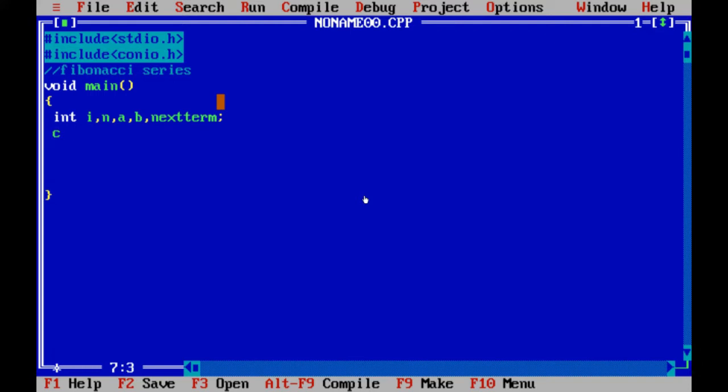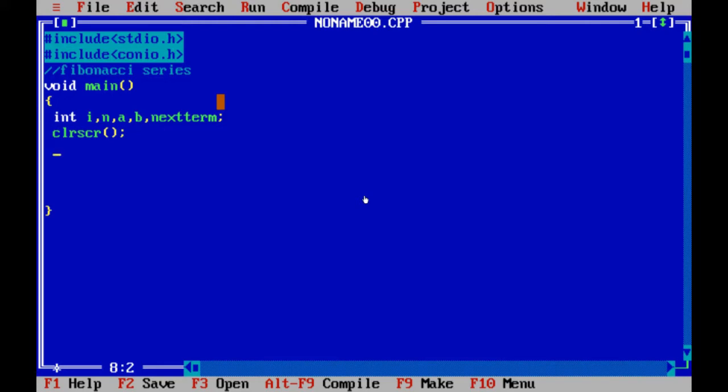Now what we are going to write is clrscr. This stands for clear screen, and it will clear all the previous output on our output screen from the program that had been run previously on the compiler. So it will give you a fresh and clean screen to run your program.